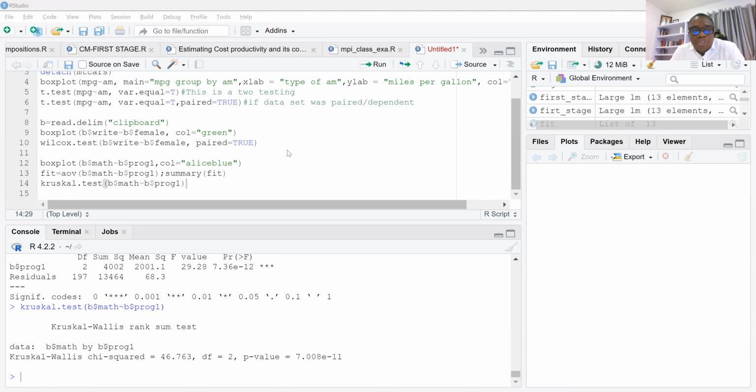Okay. So I've just shown you all the tests. The ones I couldn't show you are those that are paired, that are dependent, which require that the data is arranged nicely: one on the left of the other, one on the right of the other. Let me show you this in the slides. So when you look at this slide,